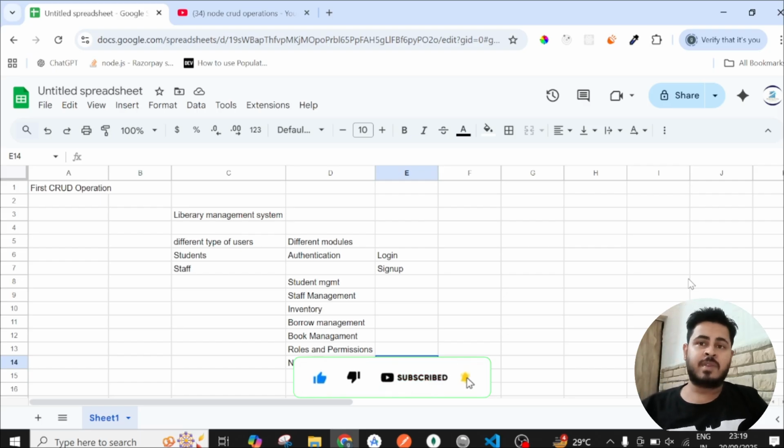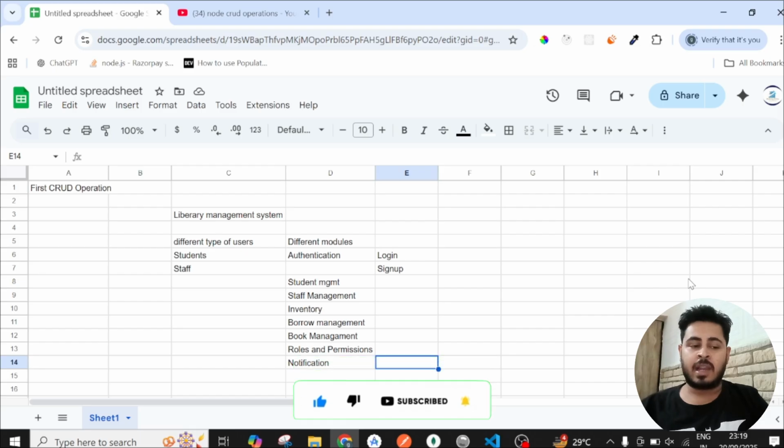So first, this is the basic thing: the user checks whether all the things they are looking for are already there in the library. For a library, the first and most important thing is books. If the library doesn't have proper books, or books which users usually look for, then why would the user come there? So first of all, we will be making book